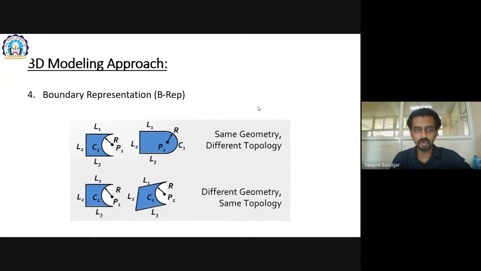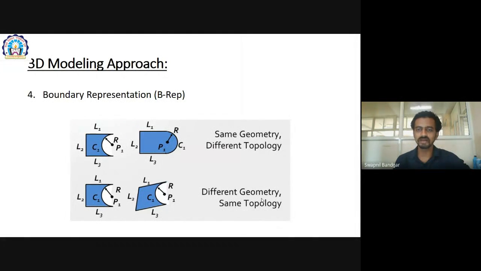If you save this information with your software, the software can model the first model or the second model. So it will be very difficult for the software to differentiate between these two models. Why? Because it has the same geometry. And if your software doesn't support topology, then it will get confused. In boundary representation this will not be the case. It will save that the geometry is this and the topology is this, and it will give you a particular tool only or particular model only.